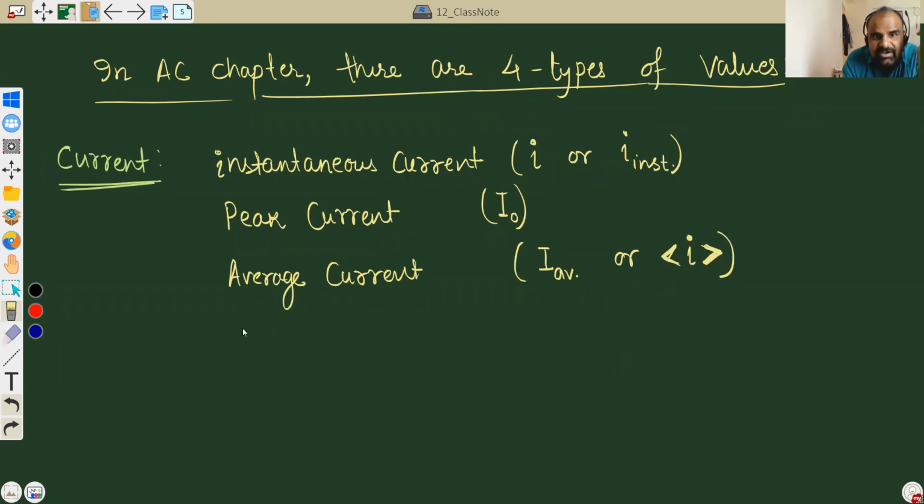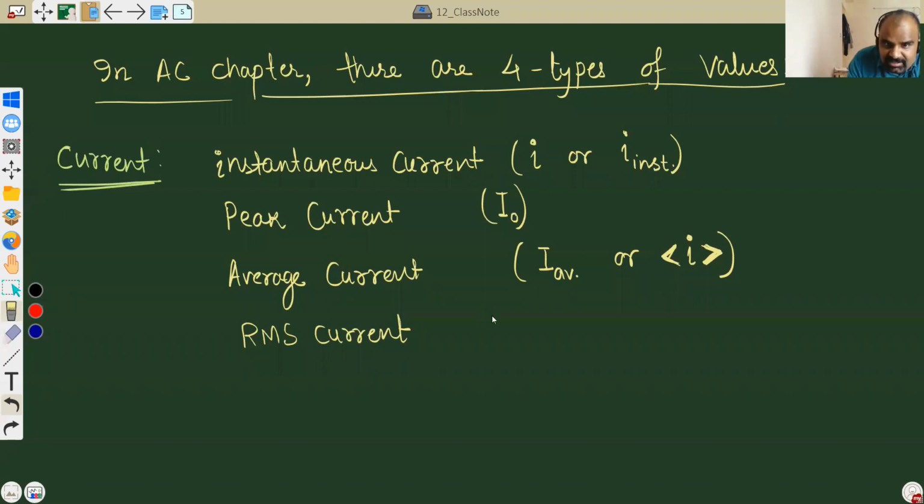And the other type of current is called RMS current. RMS means root mean square. Now, this is not the first time you are hearing this word. In heat and thermodynamics, we used to always consider the RMS velocity of the gas molecules. Even in chemistry, you must have studied that. RMS means root mean square. But right now in this chapter, we will learn to find RMS. Finding RMS itself is a big deal. I'll take one entire class to teach you how to find RMS values.